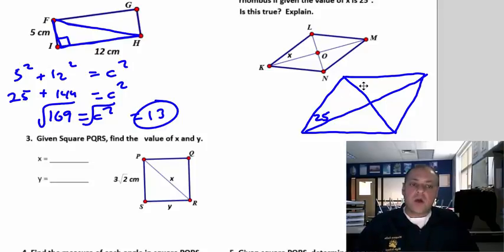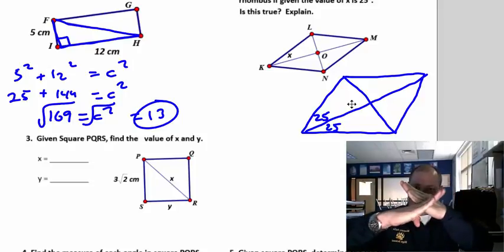You know why? Well, if this is 25, this must be 25 because it's a rhombus. Only because it's a rhombus. In a rhombus, the diagonal cuts the angles in half. It bisects the angles. So if that's 25, that's 25. Also in a rhombus, the